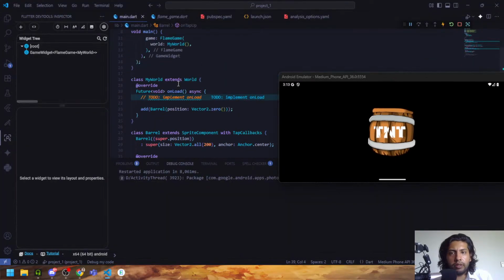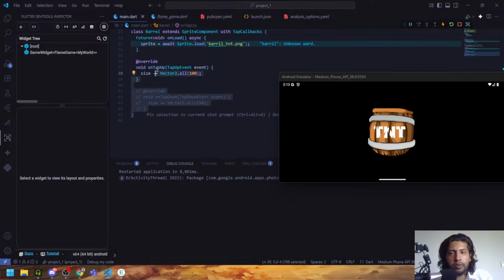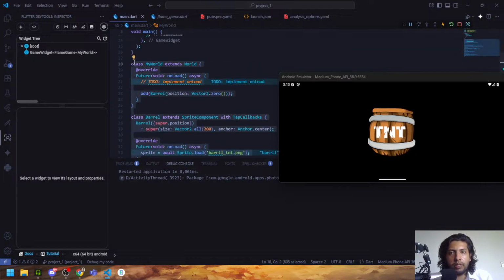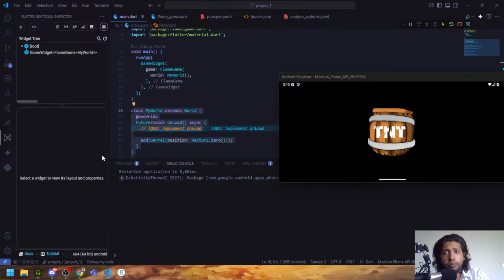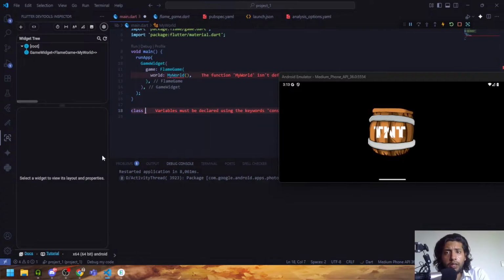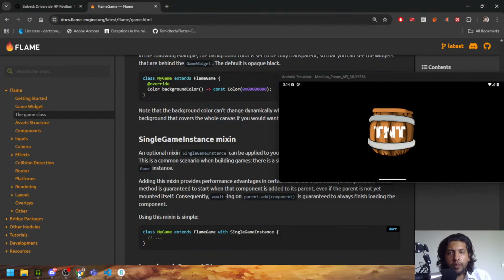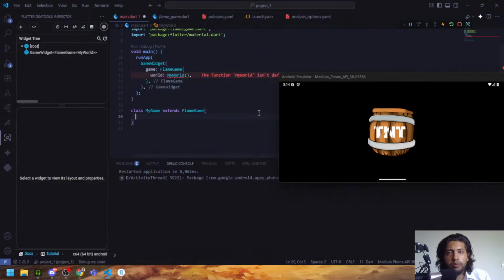So rather than, let's write the whole new code. Class MyGame extends FlameGame, and we were just overriding the background color of this whole canvas. Note that this barrel will disappear,